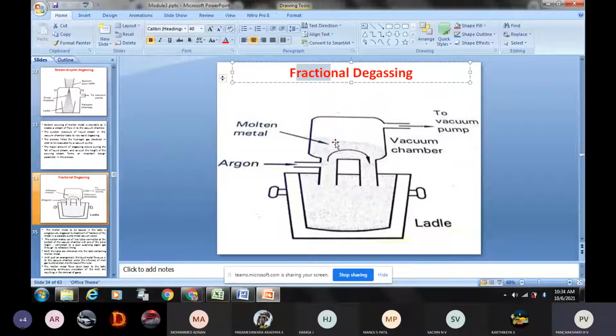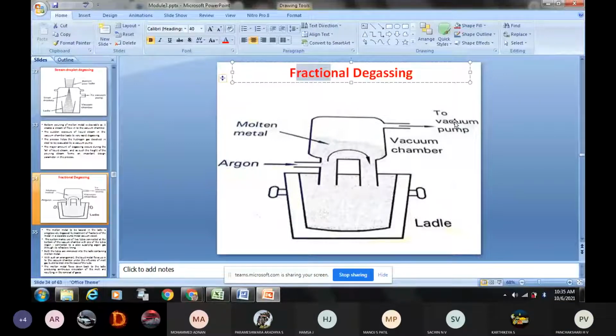Okay. At that time, the inert gas is supplied through this port, so that it is flowing like this. Then what happens? It comes to this portion. The vacuum pump is continuously drawing or sucking out. So as the inert gas comes in contact with the liquid metal, it produces bubbles as it was producing in the earlier case. Therefore, the liquid metal releases the gas which is already dissolved in it, and then that will be sucked out through this vacuum pump.